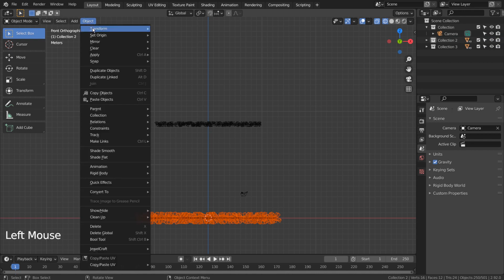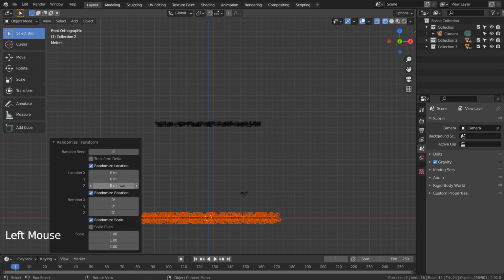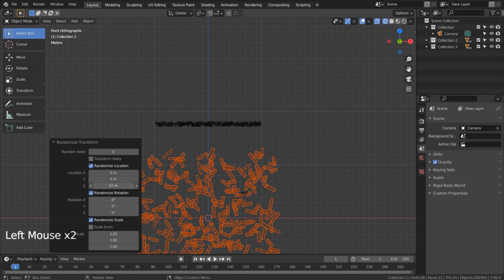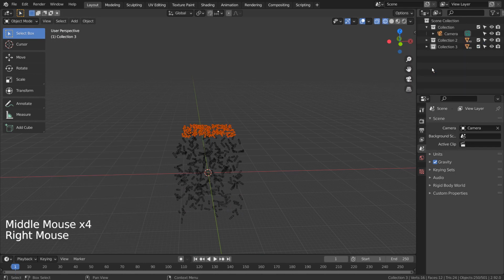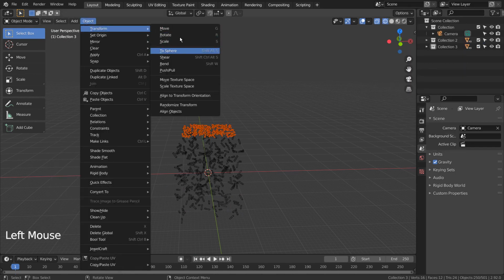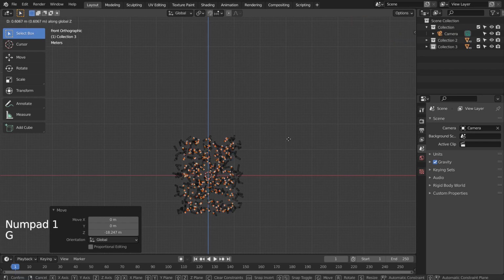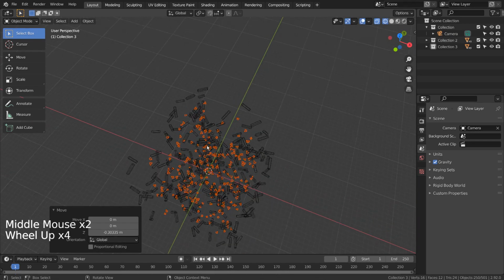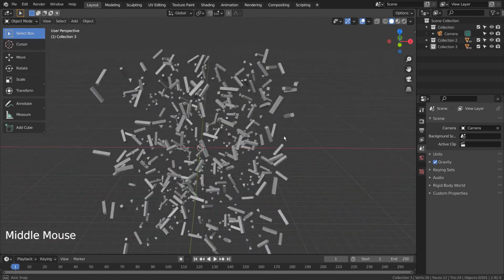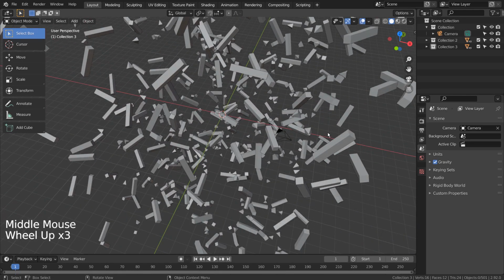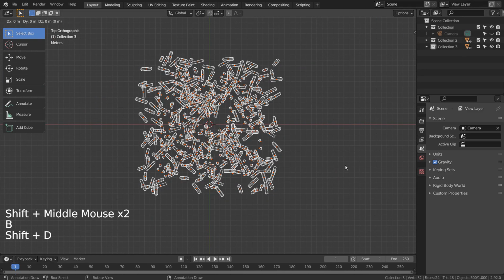We need to randomly transform them. Let's select all the meshes, duplicate them, rotate them, and place them a bit lower.